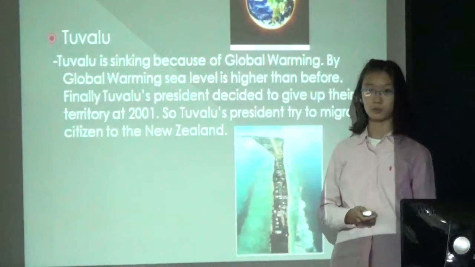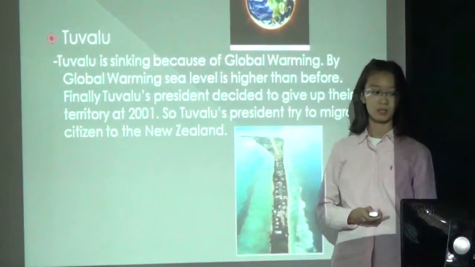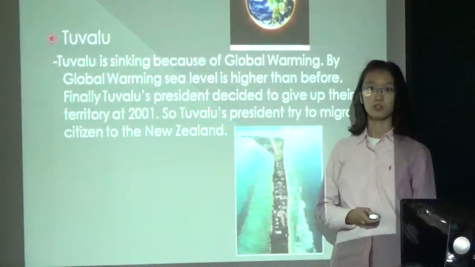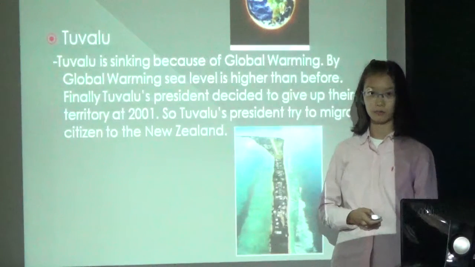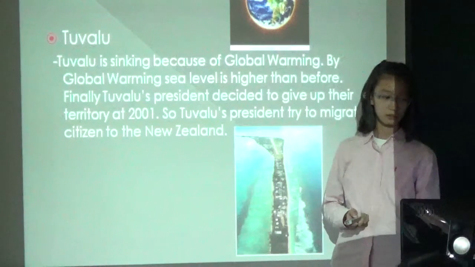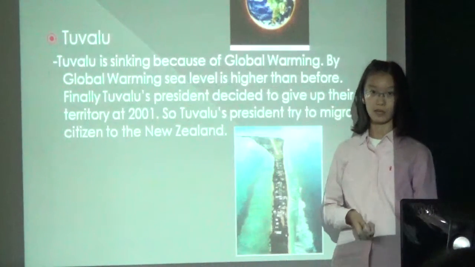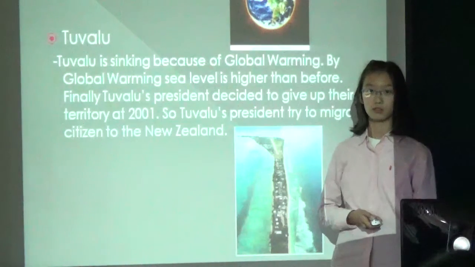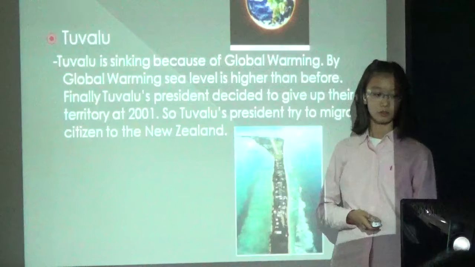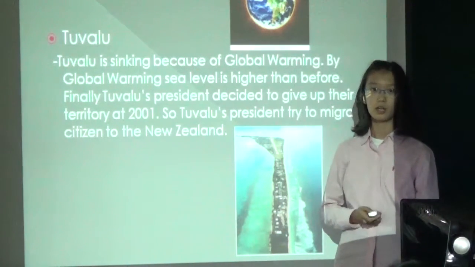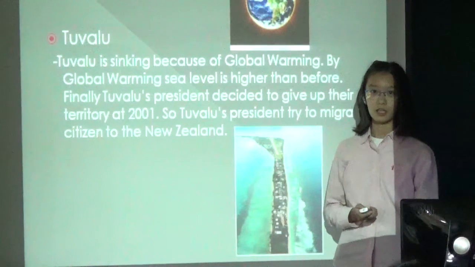The last thing is global warming. For global warming, there is an island whose name is Tuvalu. Tuvalu is sinking because the sea level is higher than before. So finally, Tuvalu's president decided to give up their territory in 2001. So Tuvalu's president tried to migrate citizens to New Zealand, but it is not easy. So we have to help them. Like this, there are two